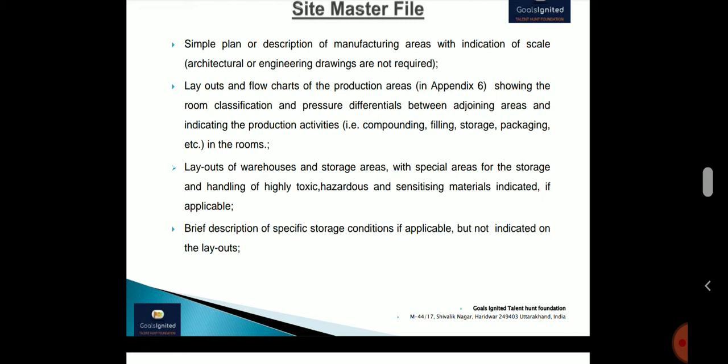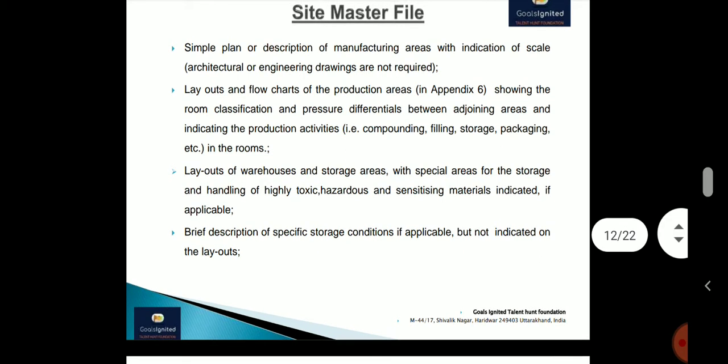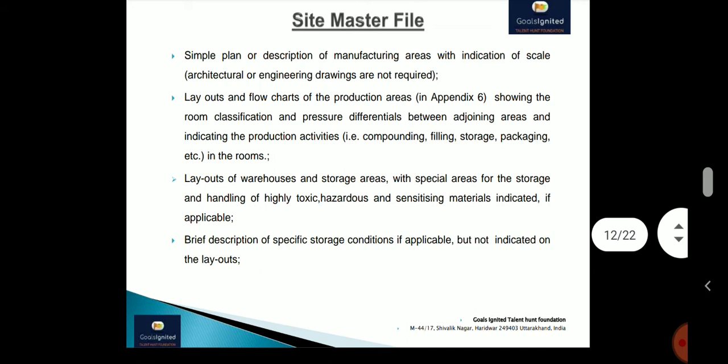Sometimes it is required because you have a limitation on the number of pages. A site master file should not exceed 30 pages. Plus we can have around 6 to 7 annexures: organization chart, list of accreditation approvals, schematic drawings and so on. But it is not required to be incorporated in the site master file, because it may be called for by the regulatory representative or the auditors at the time of the physical visit of the site. So everything need not be mentioned in the site master file, only the basic and key information need to be incorporated.